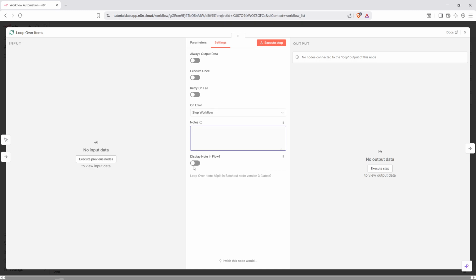And there you have it. You've successfully configured the Loop Over Items node in n8n, giving you the ability to process your data in batches and handle large datasets more